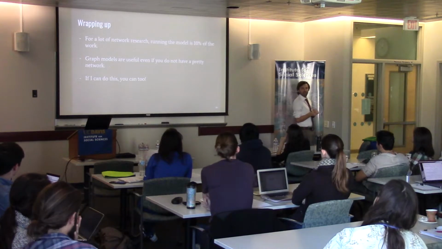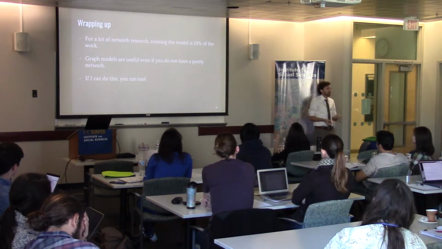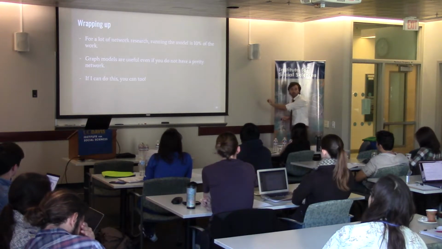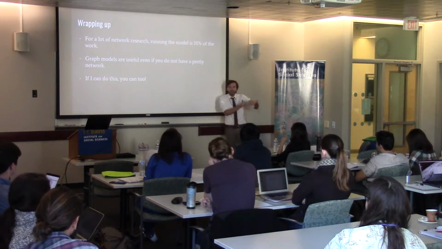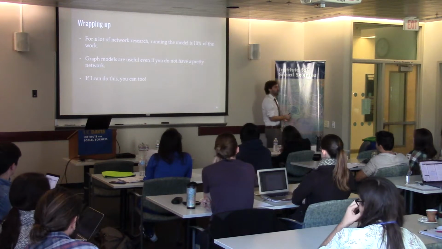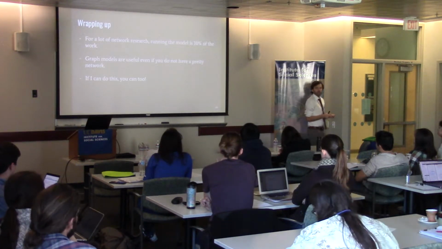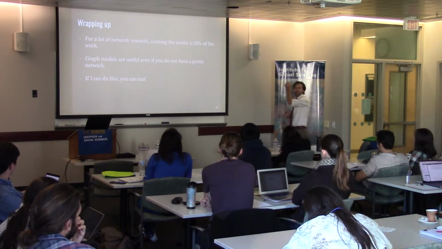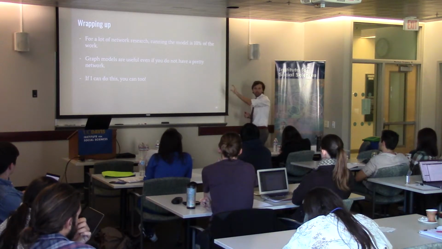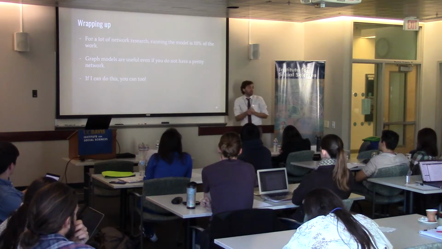Right? A lot of times we think that it has to be a truly social network, but really what we use graph models for is when we think there's some sort of structural interdependence, when we think that the neighboring ties matter. So whatever your nodes and edges are, if you think there's some sort of interdependence that you can't capture simply by applying fixed effects or random effects for particular actors, you might need to explore an ERGM